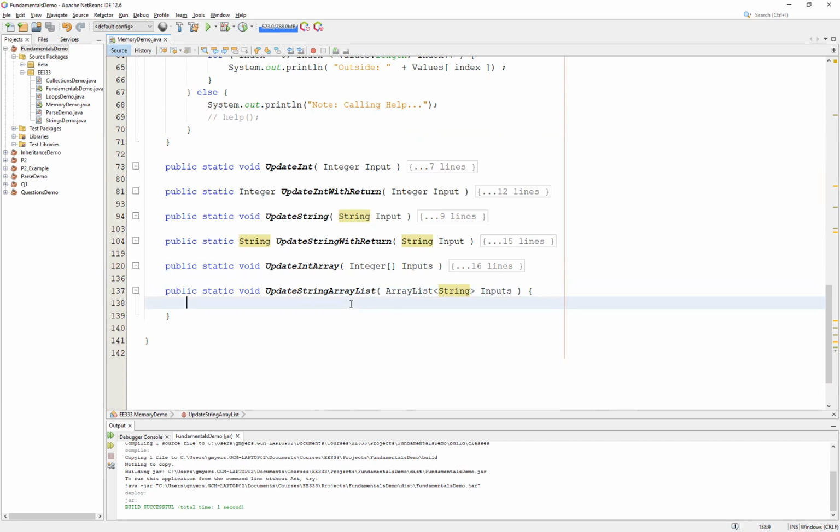Now, what we want to do is we'll want to make some assumptions here. We would want to do some validation. In other words, make sure that our array list was in fact not equal to null. I'm going to be rather naive in this particular example. In other words, I'm just going to jump straight in and I'm going to attempt to start adding elements to our inputs array list of strings. And to make this one a little more realistic, I'm going to go ahead and throw in one other element here, and that I'm going to go ahead and create a